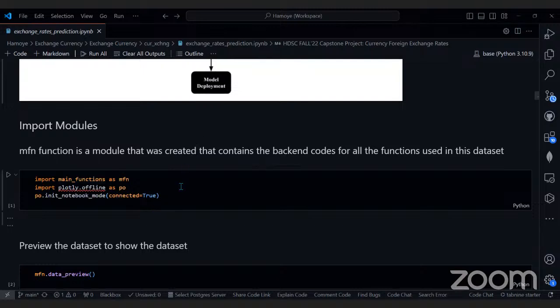So this notebook is actually cleaned, right? So let me use the word, we created a module called main function, right? Inside this main function module is all the pre-processing and wrangling and everything in terms of coding that we need to do on the dataset. So we are going to go there and I'll show you what it looks like. But yeah, we imported that module as MFN. The plan was not to allow any importation to be done here. It was just to move everything to that file.